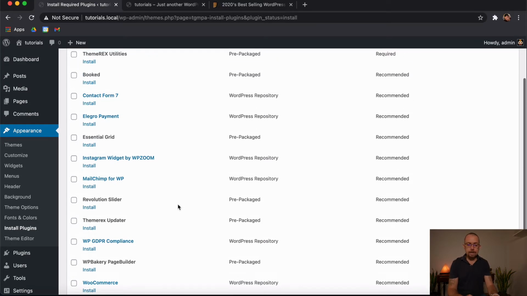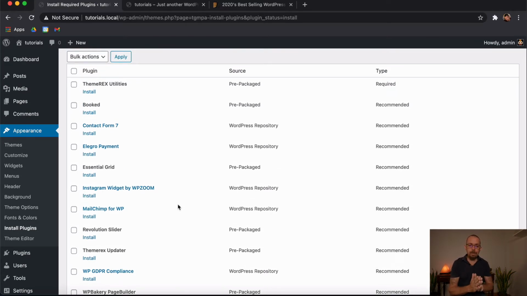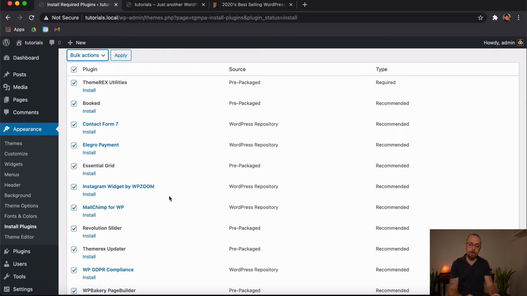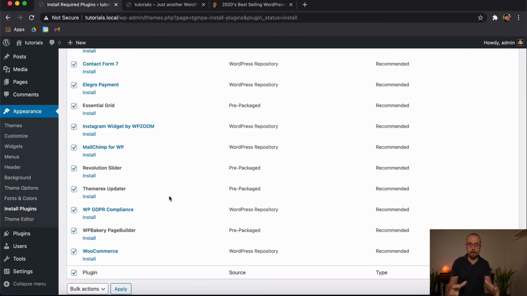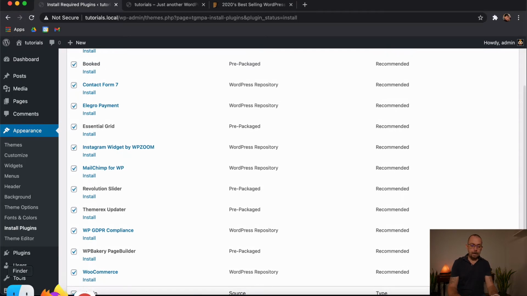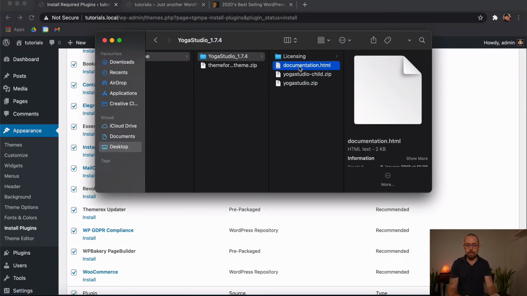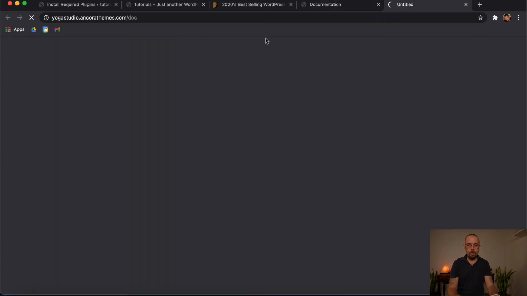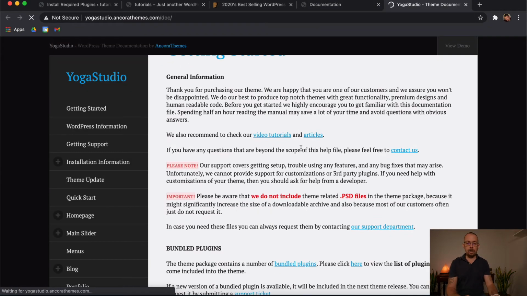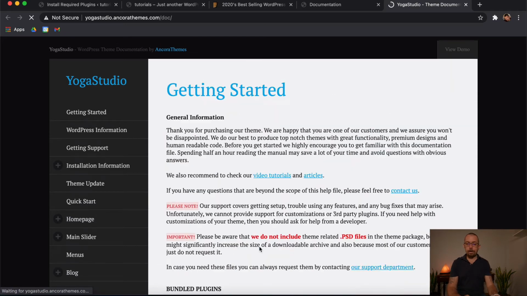You'll also have content, so they'll basically create everything that will look identical to the demo. So what you would need to do is come in, click on these, click on install, apply, and that will install all of those plugins. Now some of these plugins you might need licenses for, so you'd have to read the documentation. Some of them will be included for free, that's how they sell some of these themes. They include lots of free plugins as well, but again, come back to the install folder, come back to the documentation, click on that, and it will tell you all about how you install it, what you need to add, things like that.